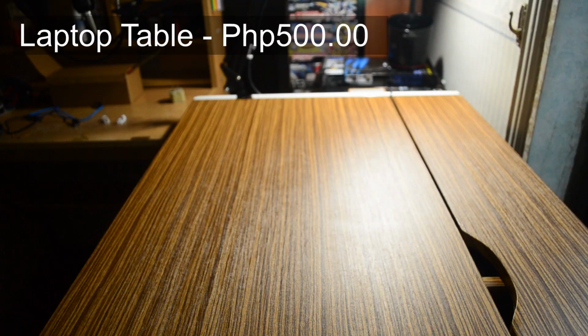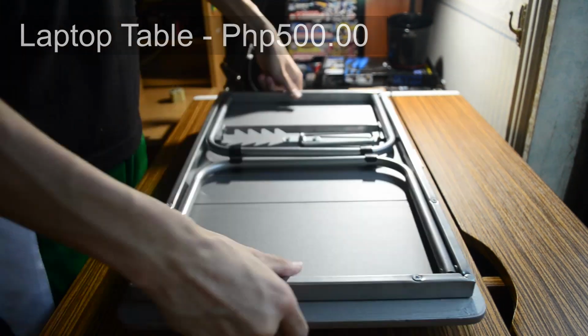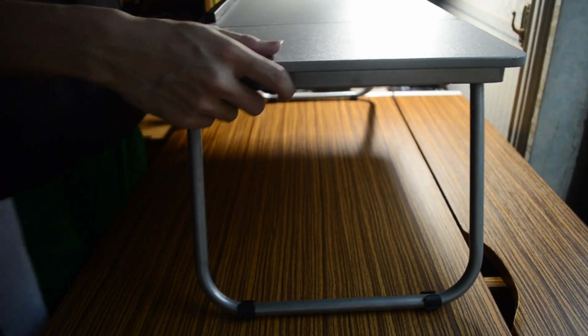Naisip ko na gusto ko i-elevate yung monitor and provide some more space just in case. So I got this aluminum laptop table. Alam ko, it's not exactly the right way to use it, pero...